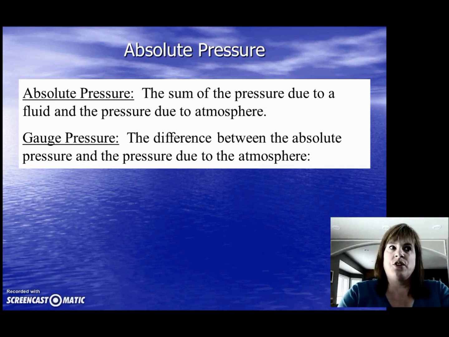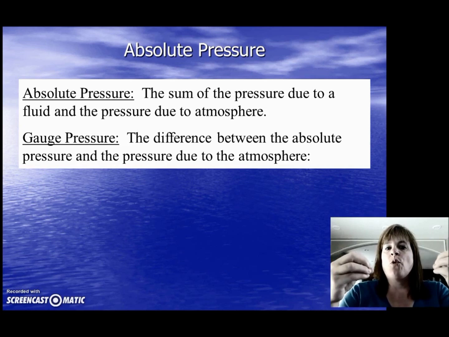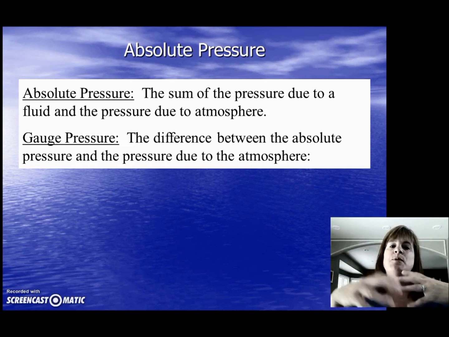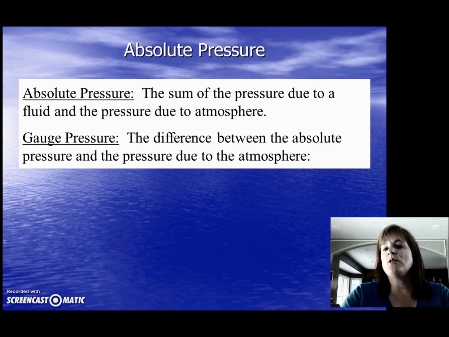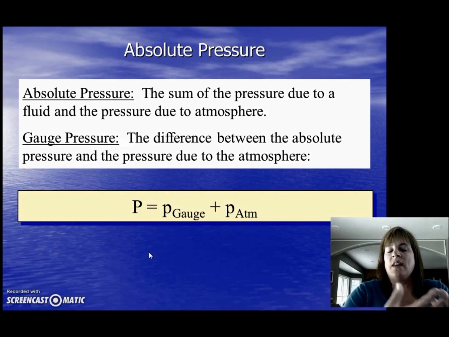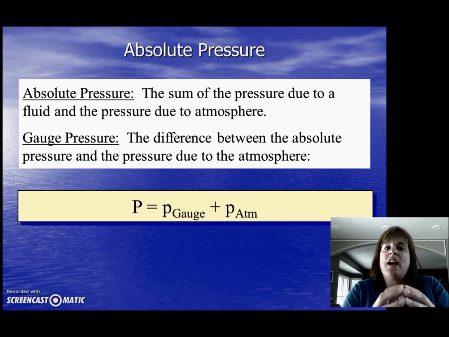The gauge pressure is the pressure that's due to that immediate fluid. It's the difference between the absolute pressure, that equation we just looked at, and the pressure due to the atmosphere. So the equation I showed you can be represented this way: the pressure, which is the absolute pressure, is equal to the gauge pressure, that rho g h, the density times gravity times height, plus the pressure due to the atmosphere. And like I said, we're going to use